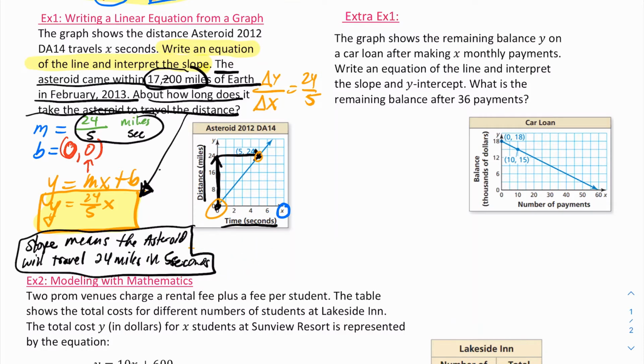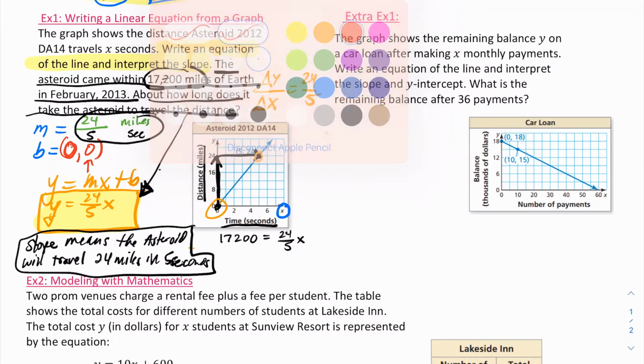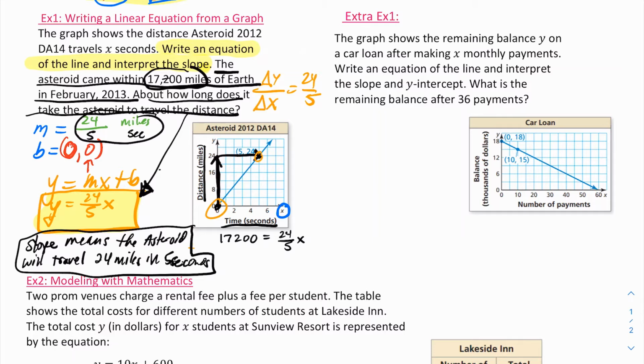So in that formula, and of course I'm running out of room here, in this formula we have 17,200 equals 24/5 x. And if you want to solve for that, then you have to undo the 24/5 because you're solving for x. X will tell you how many seconds that is. So you're going to multiply both sides by 5 over 24. When you do that, this side will cancel on the right, and you will get x is equal to